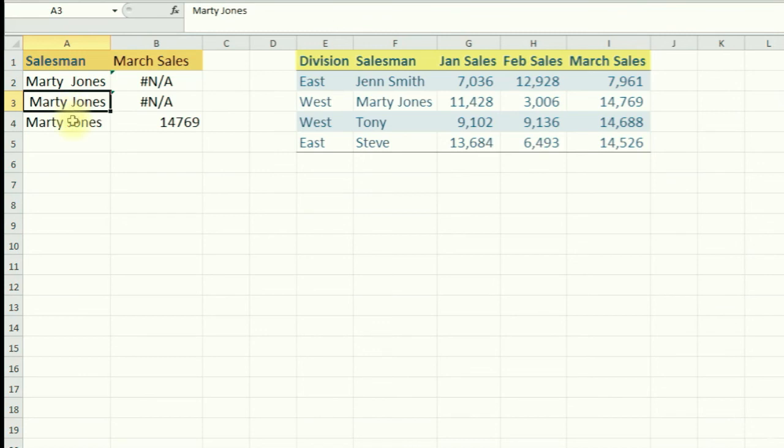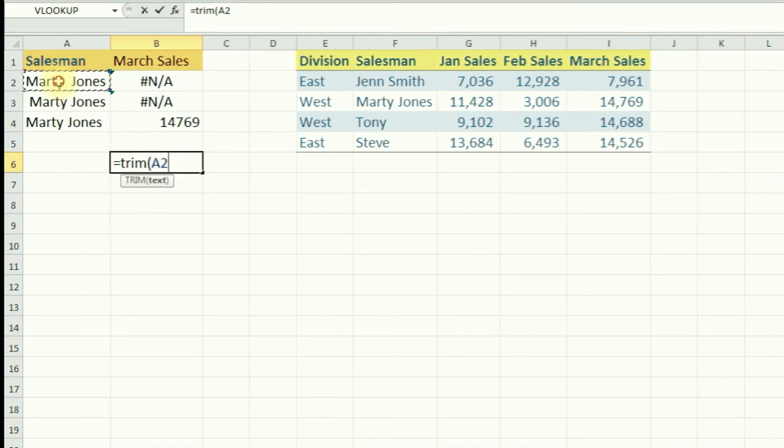So that's one of the main error checks when you get an NA. You first want to see if the name is in there. If it is, you've got to make sure that it's exact. To get rid of this, we want to use the trim function. Let me show you how the trim function works. All it does is get rid of all unwanted spaces. It doesn't get rid of all spaces. It's still going to leave a space where there should be one, like 1 space between 2 words. So if we do trim,